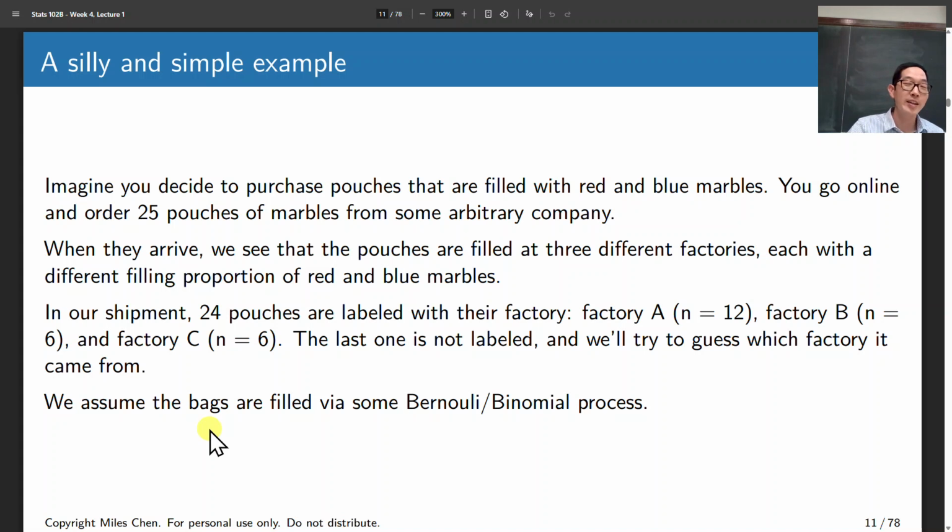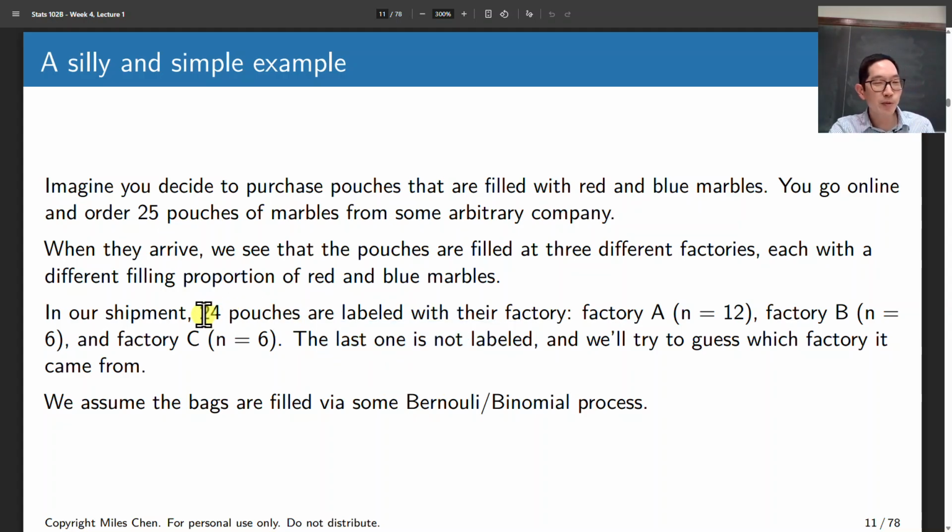The bags are labeled with production codes and stuff like that. And we see the pouches are filled at 3 different factories, and perhaps each of these factories has a slightly different filling proportion. And so we've got 25 pouches, 24 of them are labeled,